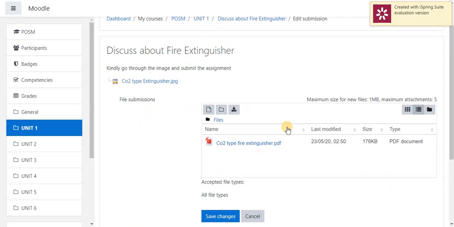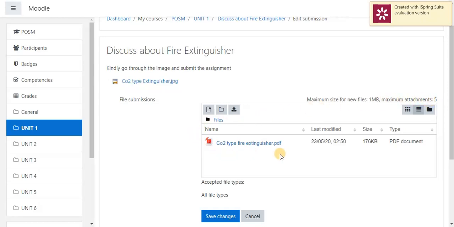Maximum size of file should be 1, preset by our staff during creating the assignments. Maximum attachment should be 5. This also we created already while creating the assignments.